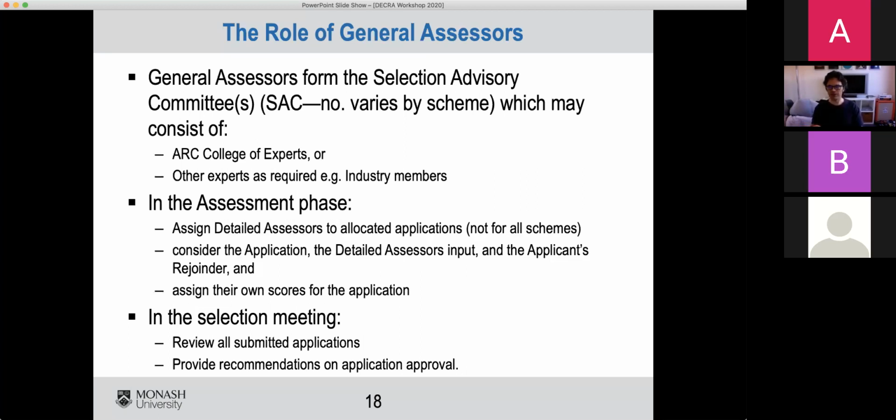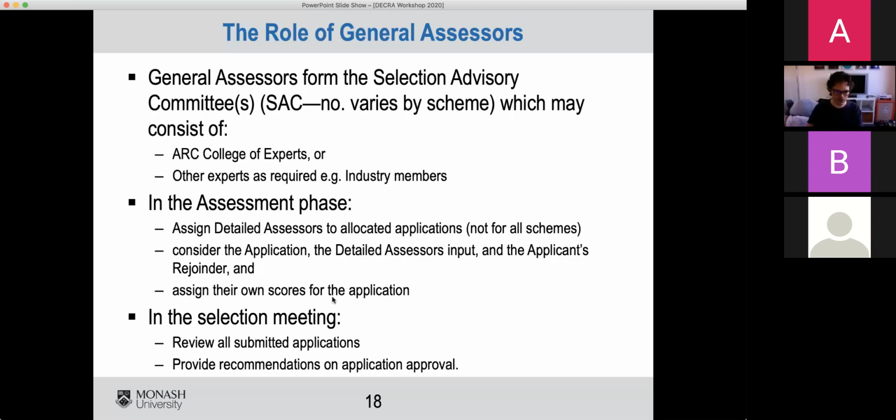Then all of the advisory committee members panel get together. They get that scored list that forms a ranked list, and then they have to decide what the final ranking is. And detailed assessors are not only from Australia. So you could get detailed assessors from other parts of the world. Australia will be overrepresented, but just as Australians review grants from all over the world, there are people from all over the world who review grants from Australia.